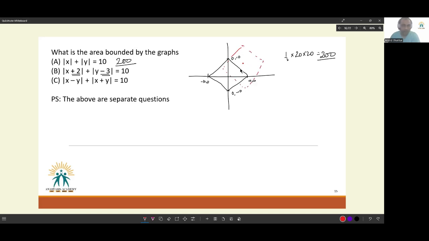Therefore, the area under the graph will be identical. Answer to the second question is also 200. Answer to the second question will not change. The graph will remain the same. Only the origin has shifted. Now, for the third one,